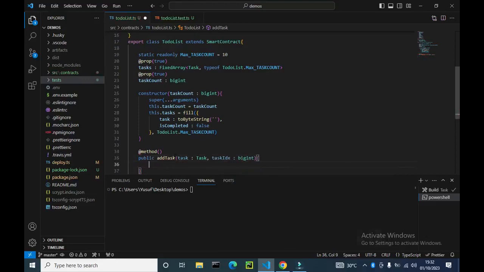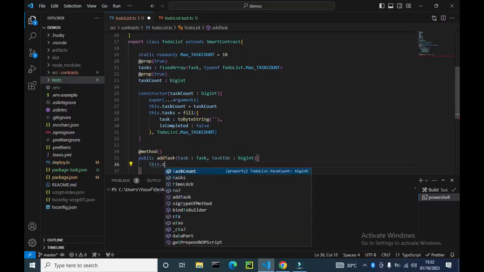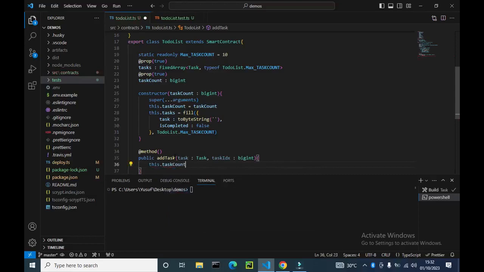This is a public method, so it doesn't return anything. So the first thing I will need to do when you call this contract is, I think you should update the count. So it should be this.tagsCount, let it be add and assign. Actually I don't want to be using plus plus, so add and assign 1,